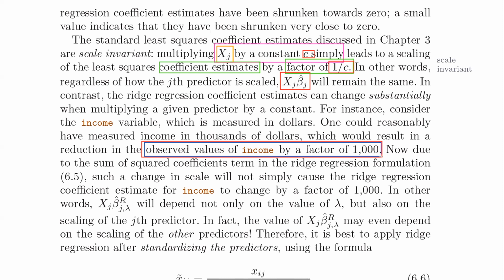If I had a data set, but then I choose, actually, let me quote the income values in thousands. So I've taken that data set and changed it to a new data set by dividing each income figure by 1,000. Now, if you perform linear regression using least squares, what you would get is that the beta would increase by a factor of 1,000. Now, that would be if it was least squares. However, since we're using ridge regression,